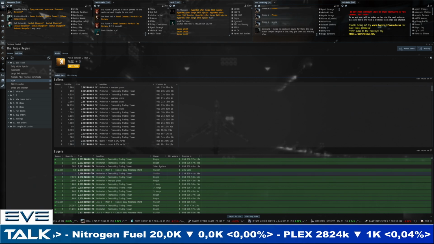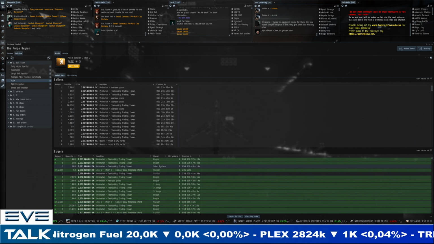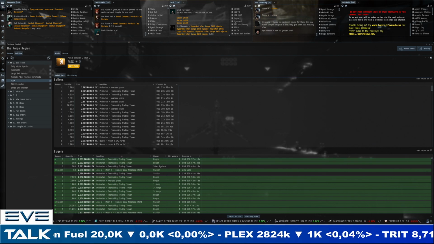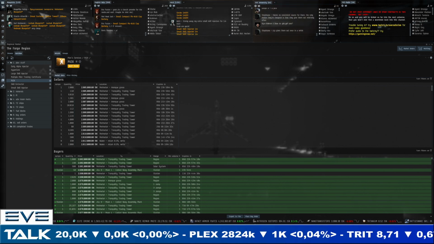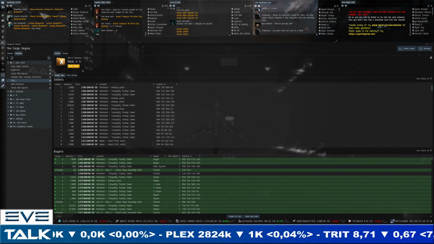Yeah, in fact, that's a super narrow move as well. 2.680 million in GTA 4.4, 2.682 million in the Perimeter Tranquility Trading Tower. So I've honestly never seen Plex this stable over a 1 week period. There is this Omega sale going on that is perhaps cooling the market down, but I'm definitely seeing this as